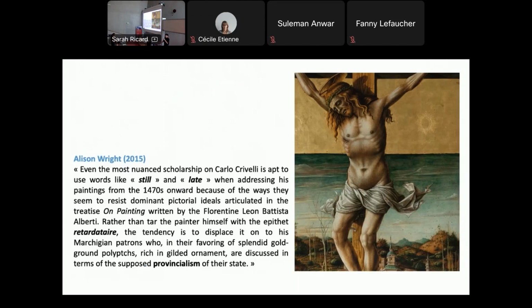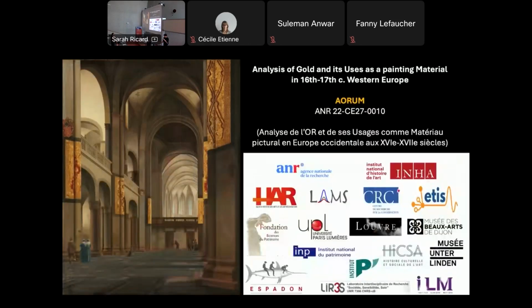And art historians have been blind to the presence of gold in painting because of this historiographic panorama, but also because of the way that paintings are exhibited nowadays in museums, where reflections are to be diminished at the best, and specular reflection in particular. And when you go through a museum, you actually don't see the gold in paintings. And for many artworks in the project, art historians have been very surprised that actually we were able to assume the use of gold in these artworks. So this is the basis of the ALBUM project